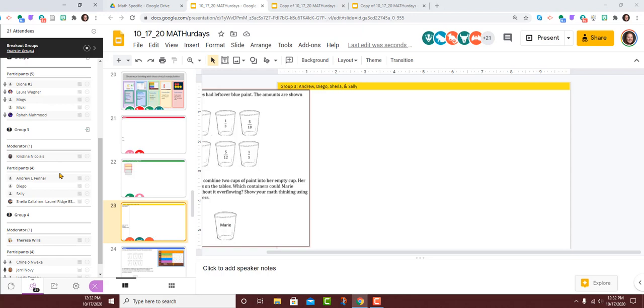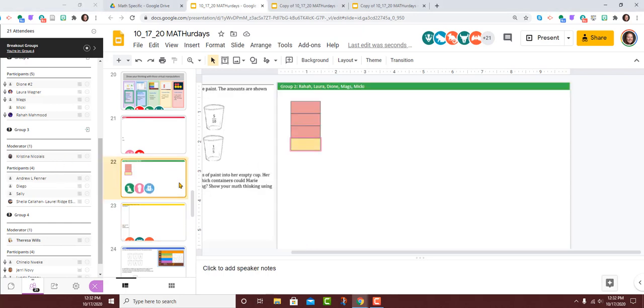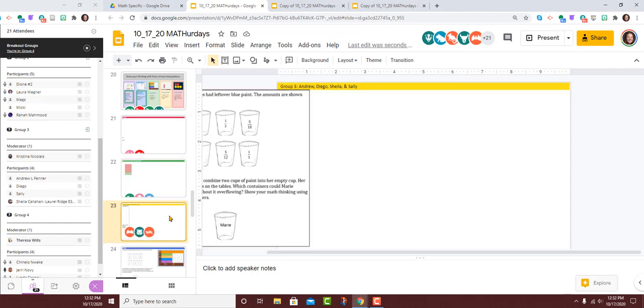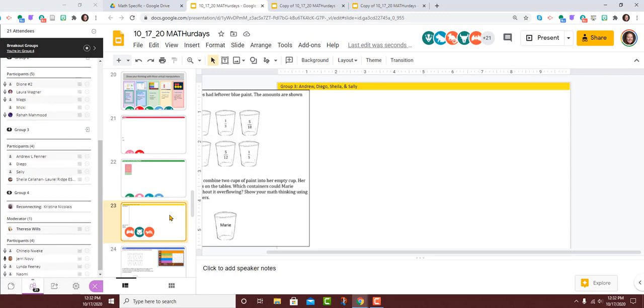Does anybody know how to get the same size fraction bar? I'm just trying to line it up. I don't know if you can copy so you have the exact same. Oh, I just figured out if you click on the first fraction, then you can move. Oh no, you can't. I'm sorry. I just sized it, but I don't know that it's exactly the same.